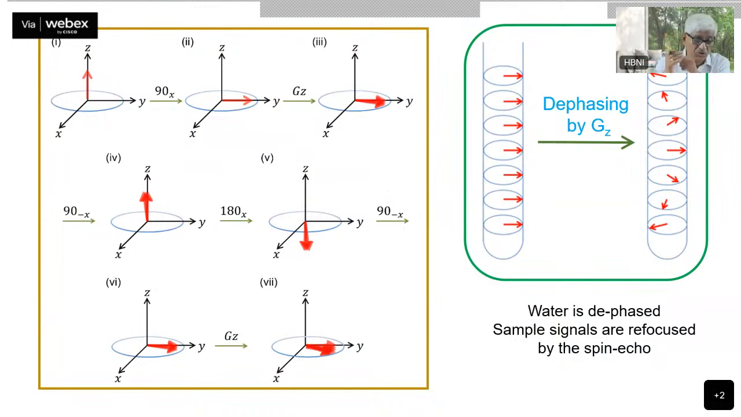Along with that, you put it along the z-axis, which means there will be certain components on the xy plane. That's what it means. Now, when you apply a 180 degree x pulse, the whole thing gets inverted onto the minus z-axis. Then we do a 90 degree minus x pulse, you bring it back onto the y-axis, and then the gradient now